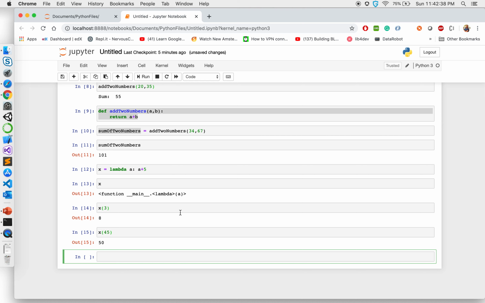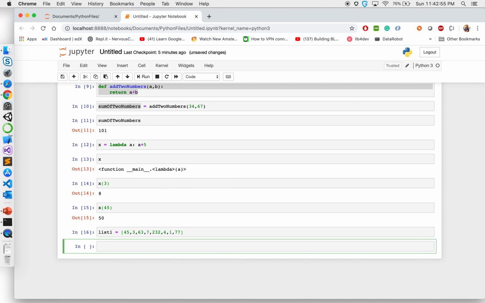What am I talking about? Let's look at some of these functions. Let's say I have a list1 with some random numbers in here. Okay, so I have a list here, and now with this list what I want to do is